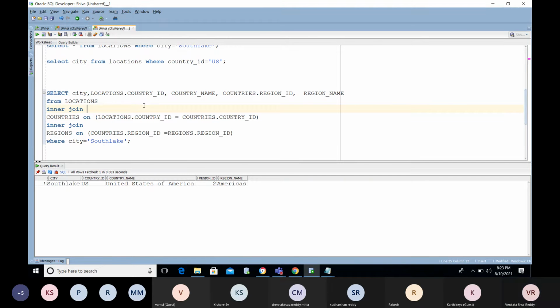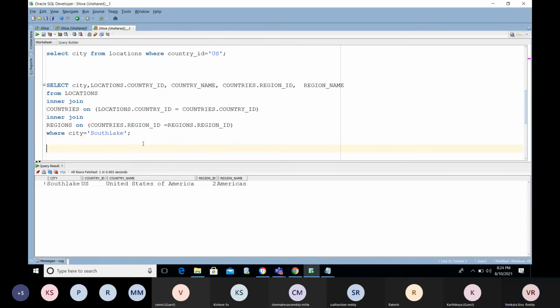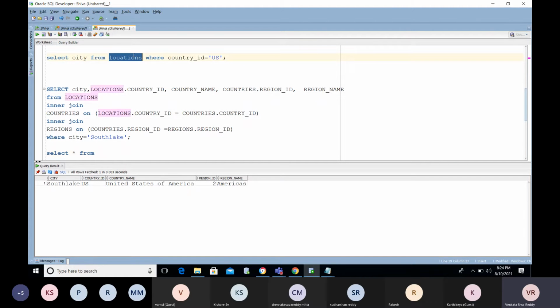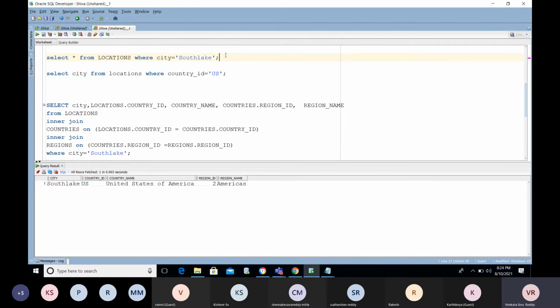Sai, for this you need a subquery here. You can find it like this: you can append the output in parallel. So you can find out the region simply like this. Select star from locations where city equal to South Lake. Now this is the city you need to find out.